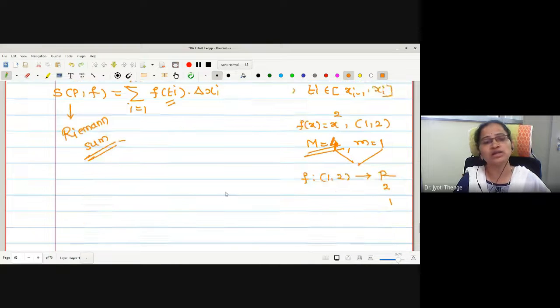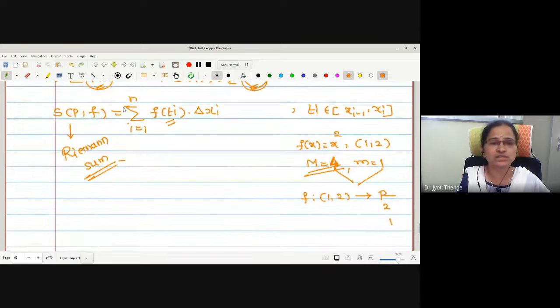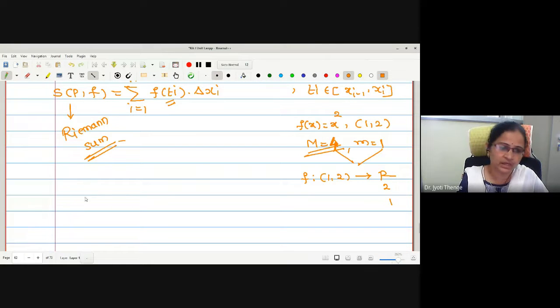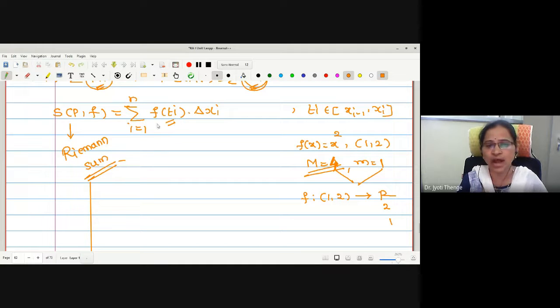Okay, now let us check how the function is going to give us a graphical structure. Okay, f of ti is actually ti, any arbitrary value from the given interval. Okay, therefore if you just run the sum over i here, what kind of terms are you getting? For i equals 1, this is f of t1, and t1 will be in which interval? First interval, na, x0 to x1.